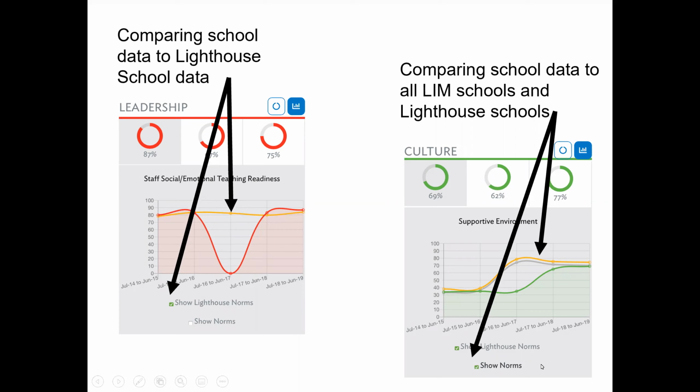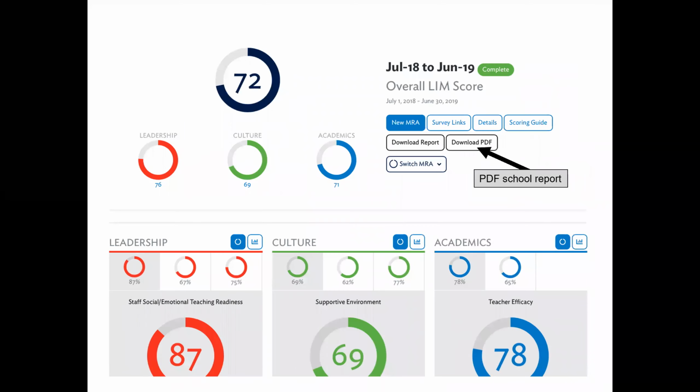This will compare our data to all Leader in Me schools, Lighthouse and non-Lighthouse schools. So a second line will show up. We can look at these individually or collectively, but this allows us to compare ourselves to other Leader in Me schools throughout the world. Now let's go back to our buttons on the home page, and we see there's a